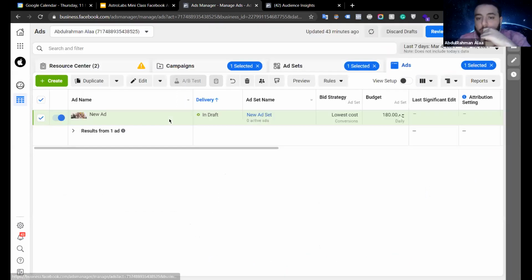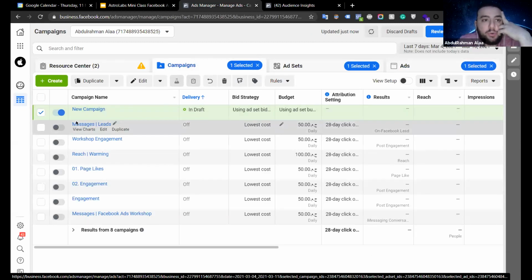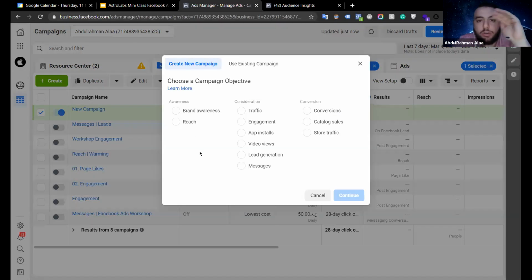Sure. Okay. This is the Facebook dashboard for the campaigns, and when you create a campaign, there are a lot of objectives there, and you need to make sure that you choose the right objective for your business before launching a campaign. So traffic is something really different from conversions, but also we are talking about the same thing, like people going to your website, the conversions and traffic, but not exactly.